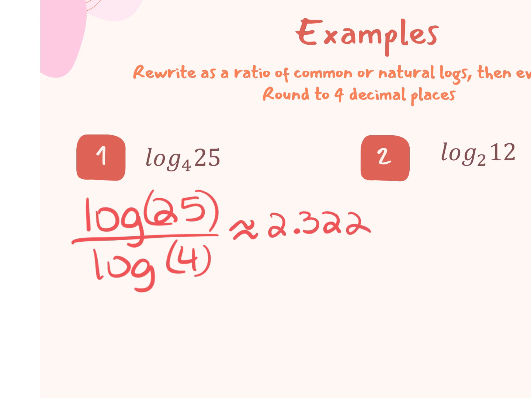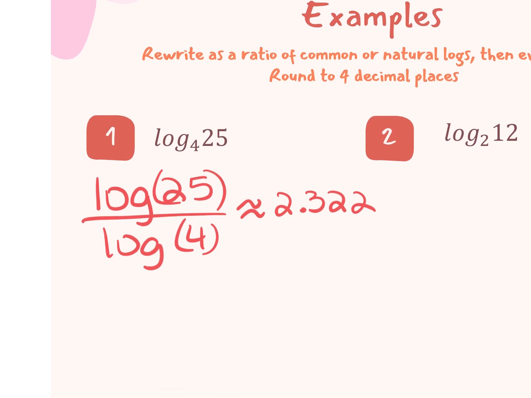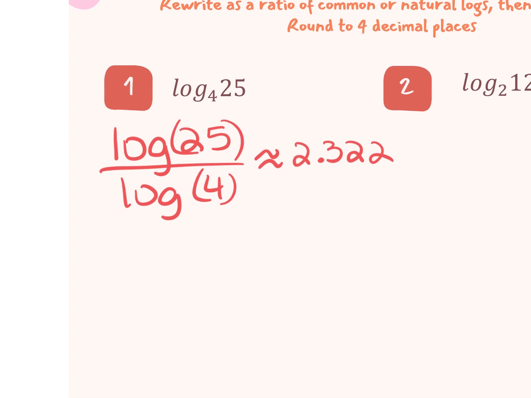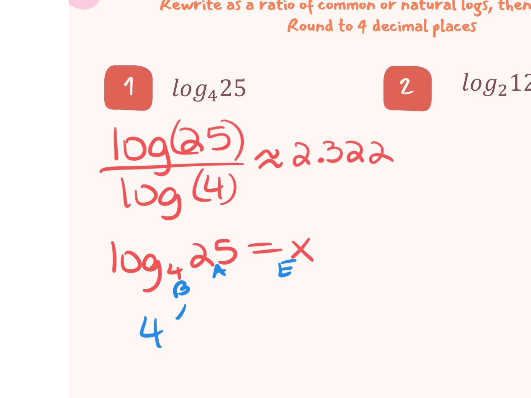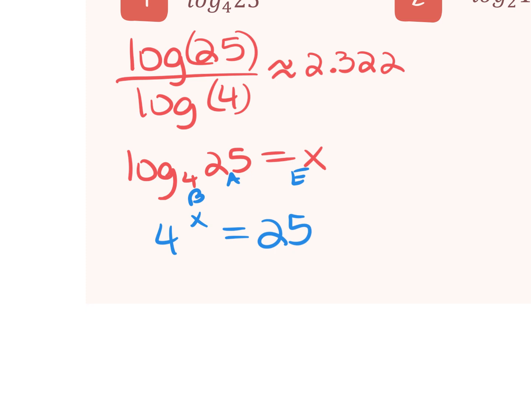So 2.322. Okay, now when you do these problems, the answer that you get should make sense. So if I were to go ahead and take my problem and add an equals x here, and now do my base, and 4 to what power gives you 25, it should make sense, because 4 squared is 16, 4 to the third is 64, so 2.3 is somewhere in between 2 and 3,